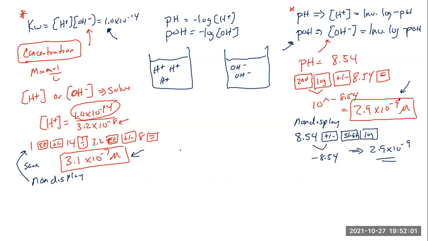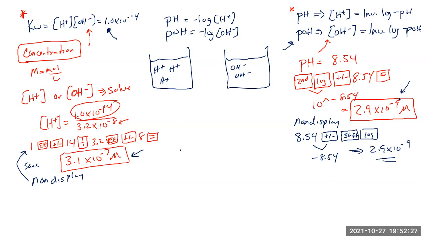So when we talk about the two formulas in the middle, the pH and the pOH, it's really a way of taking the concentration of your H plus or OH minus and turning it into, I don't want to say a more useful number, but a quicker way of looking at the number where you go, okay,